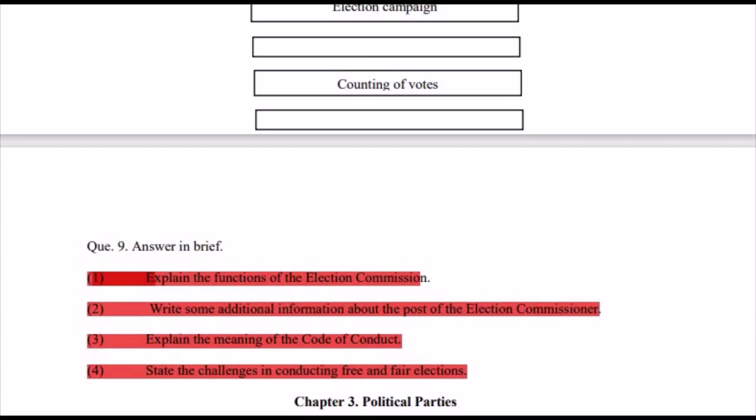We always find in the newspaper, when the elections are there, polling booths are captured by the people. The officers who were there as representatives of Election Commission, they are kidnapped. Violence occurs. All these are the challenges which are being faced by the Election Commission. Conducting election in spite of increasing instances of violence and making them a success is a landmark of the Election Commission. So thus, I would like to end